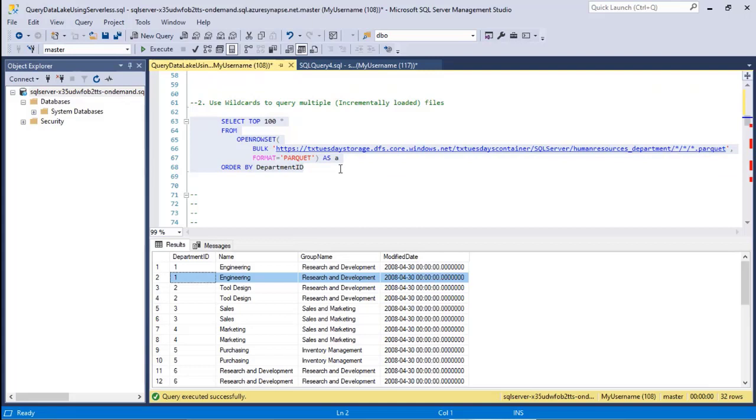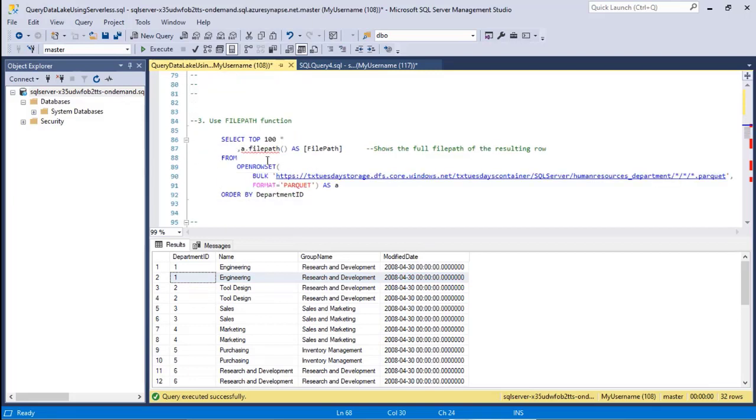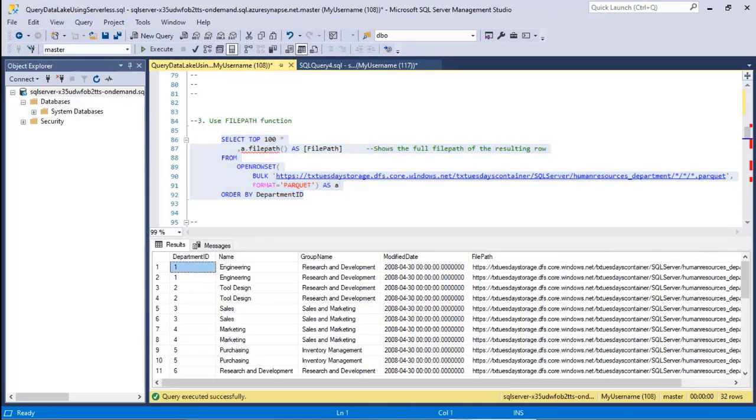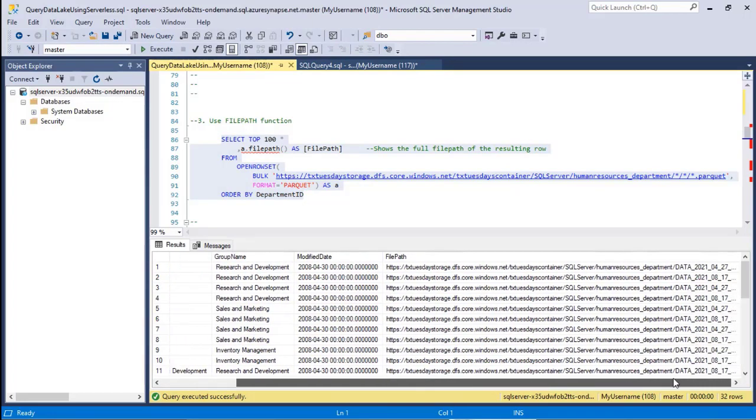So how do I know that I'm looking at the right data, since I have these duplicates? Well, we can use something called the FILEPATH function. This is essentially a field that you just call out here, a.filepath. And that will actually give us the full file path of that data, right? So whatever row you're returning is coming from a specific file path. So we can actually see that whole file path in there, and we can examine that and see these different